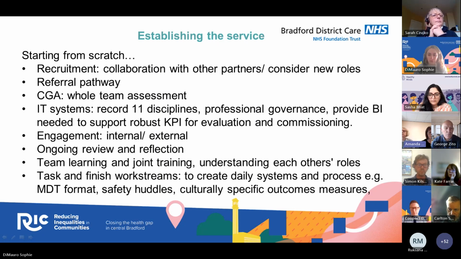Originally, there were 11 disciplines all together, and we worked as separate disciplines and everybody did their little input, and we worked really hard to make it more of a collaborative team approach. I'd challenge, other than uniforms, if people came in, you probably wouldn't be able to tell who's a nurse, who's an OT, who's a physio. We have shared competencies, we do shared training, we've blurred all those boundaries between the different disciplines